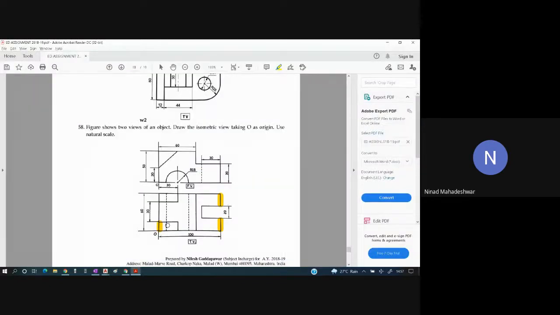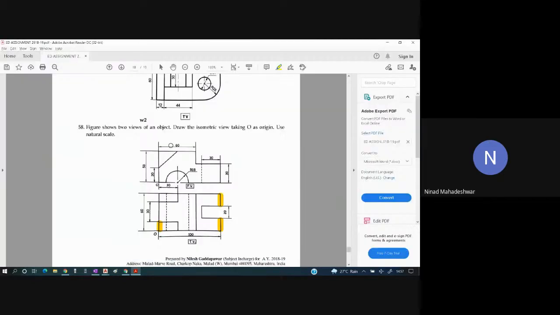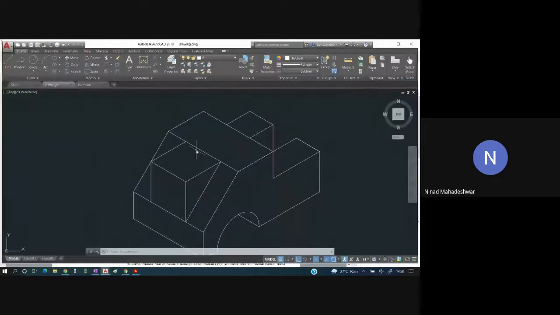Okay, so this has gone inside by 15, this has gone inside by 15, so that we have drawn the triangular part which is protruding outwards. This part over here is seen from the top view as a rectangle, this part also is seen as a rectangle. Okay, the only part which is left is this T section. Okay, you can see this as a T section over here. Over here we have not drawn this as a T section, so control A, the extra part we are going to trim. So this is how we have completed the part.